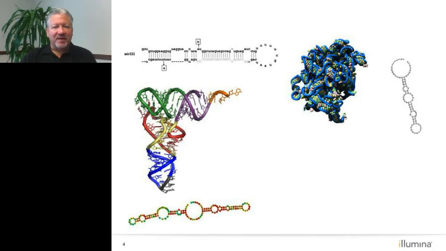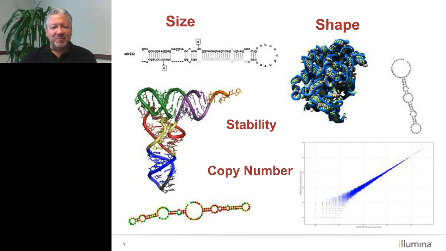The other thing about RNA that makes it interesting is that, unlike DNA, which is a fairly monotonous structure, RNA comes in all kinds of sizes and shapes, and stability is really important. In general, RNA is much more unstable and fragile than DNA. But probably the most important thing about RNA that makes it an interesting thing to study with next-gen sequencing is